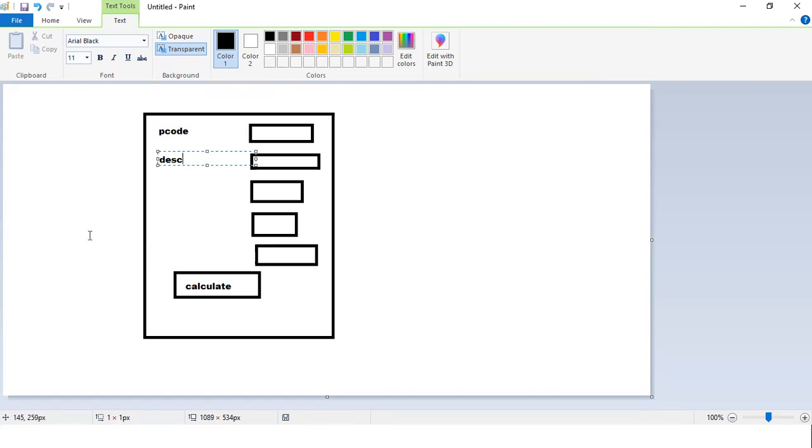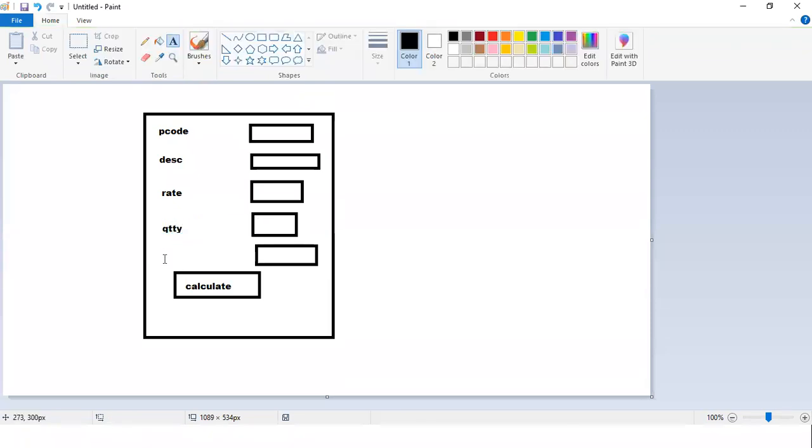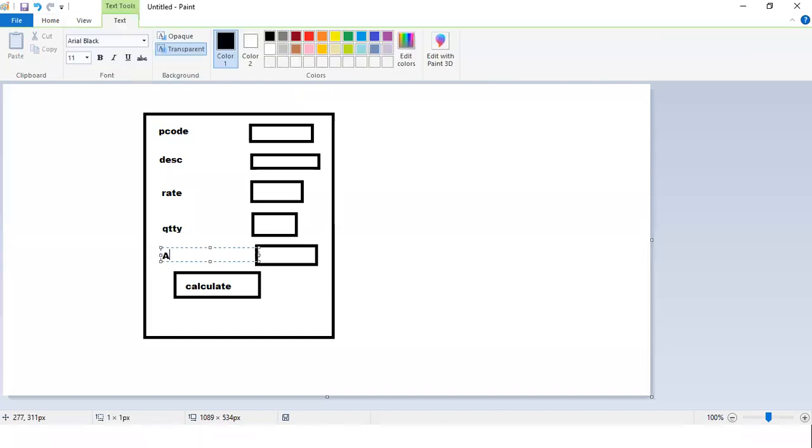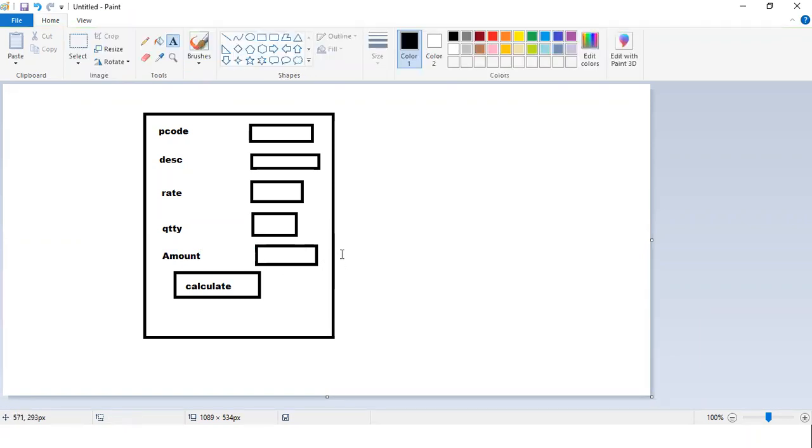Then this is my rate. I'm manually keying in everything. For the quantity, I'll write the shortcut QTY there. And then this is my amount. Now remember, the amount is not keyed in, it is automatically calculated for me. I want to make a small change for my amount.